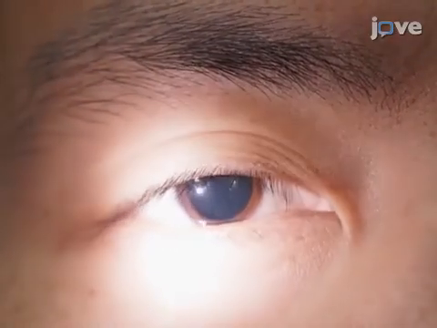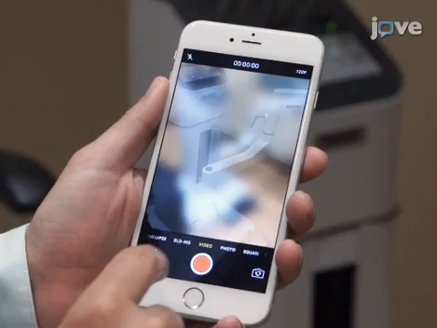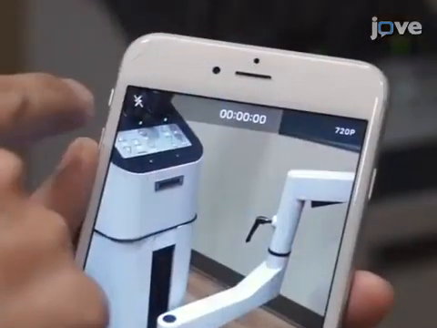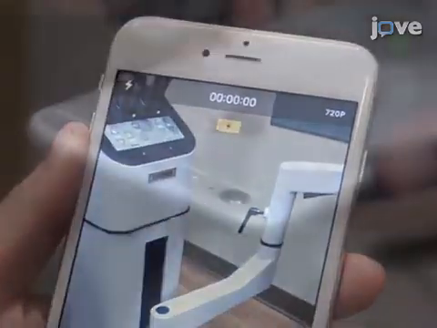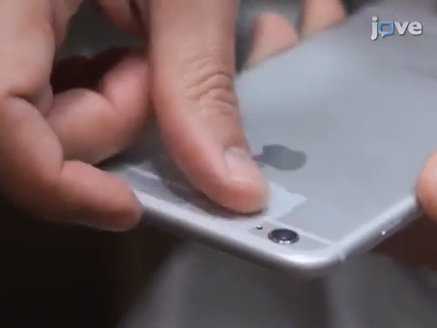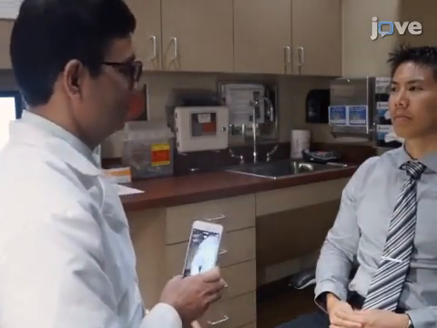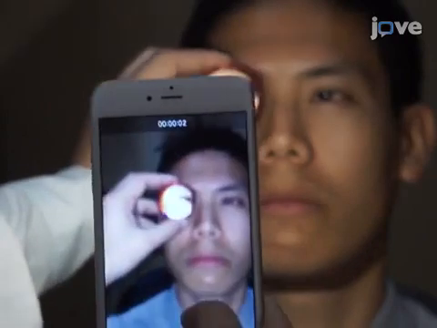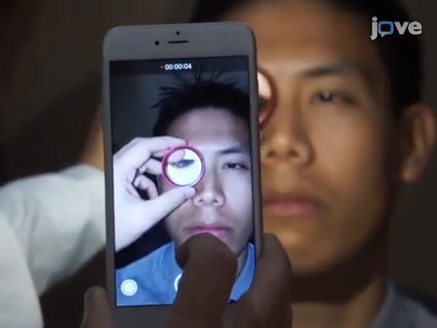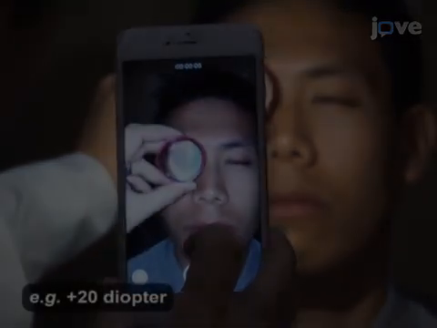Then, ask the patient to look at a far target with the other eye and set the smartphone camera to video mode. Turn on the smartphone flashlight. Then, cover the light with semi-transparent tape and darken the room. Sit 30 to 60 centimeters in front of the patient on a comfortable chair at about the same level as the patient, and press the camera record button to record a continuous video. Using the thumb and index finger, hold an indirect ophthalmoscopy lens in front of